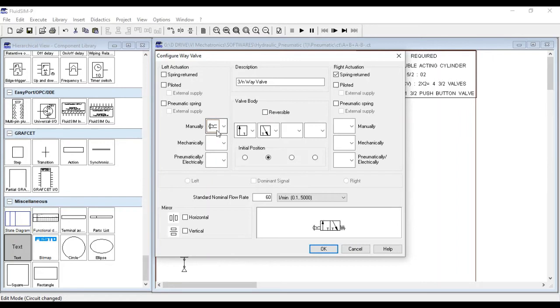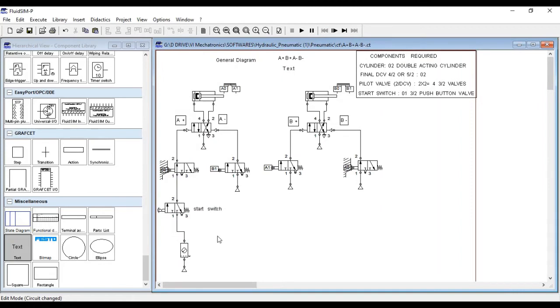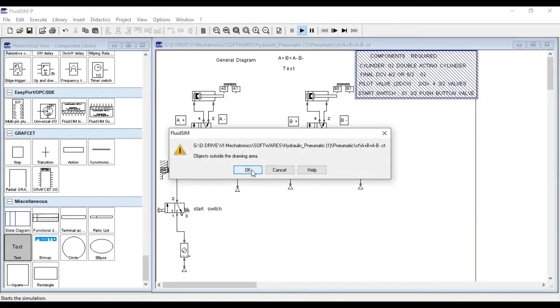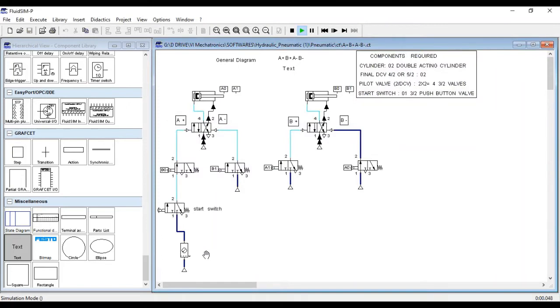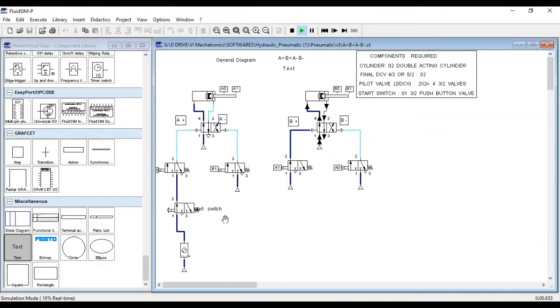Previously we pushed once, one cycle completed and the system stopped. Now here we have applied the detent switch. So once we press this, the motion starts, and this will continue for multi-cycle. Let's check it once again. Start our simulation. A positive, B positive, A negative, B negative, again A positive. So now you can see that this will continue unless I stop this supply of compressed air